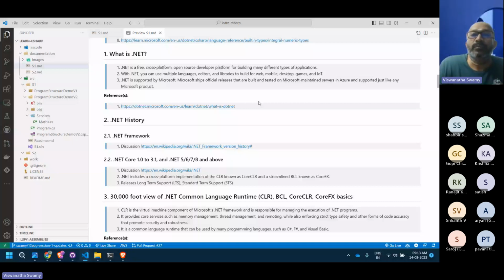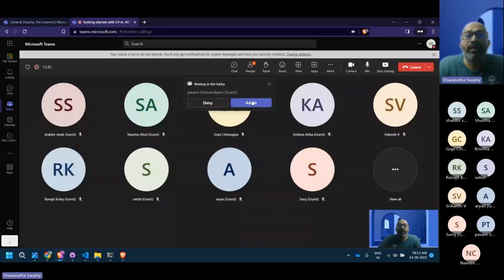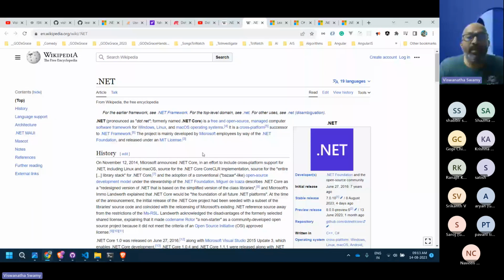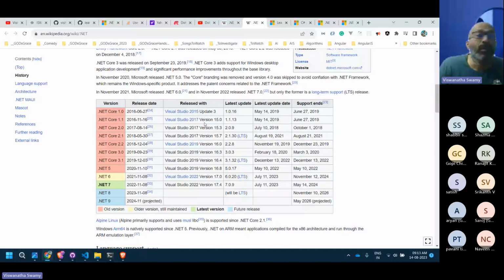And the release cadence we'll discuss in a minute. Okay, let's see about this .NET history. So when we are seeing about this .NET history, we have to come here to see this one. Let's spend 1 minute of time, and again we'll come and we'll revisit this one. Some of the things we will verbally discuss, and again I'll show you in the next session. We'll do a deep dive on that one.